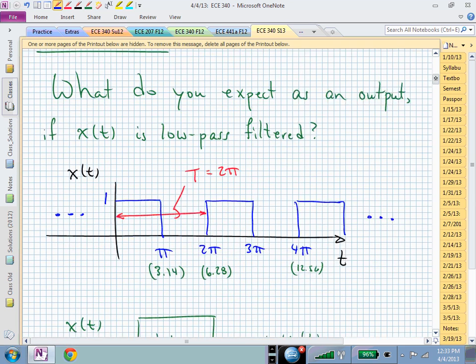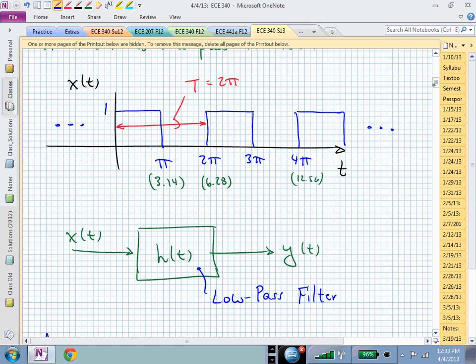So now we have to remember what we have. X of t is the signal, isn't it? X of t is our signal, and the low-pass filter is our system. We are injecting that signal into a system, and we want to know, how do those two things play together? Do they play nice? Are they mean to each other? What's happening with respect to h? H of t is the impulse response of this system, which is a low-pass filter, and x of t is this